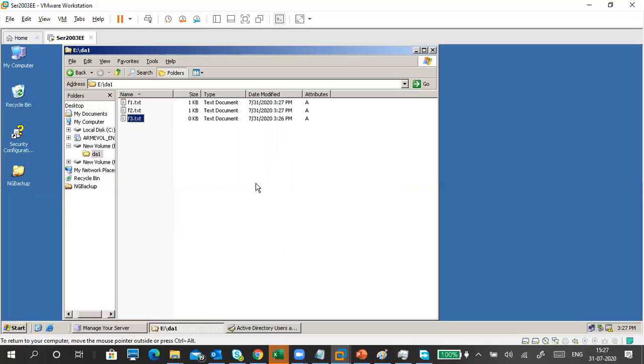If you don't have, also no problem. Just to make it about 1 KB of data. Can you see these archive attributes? That is important in this lesson.